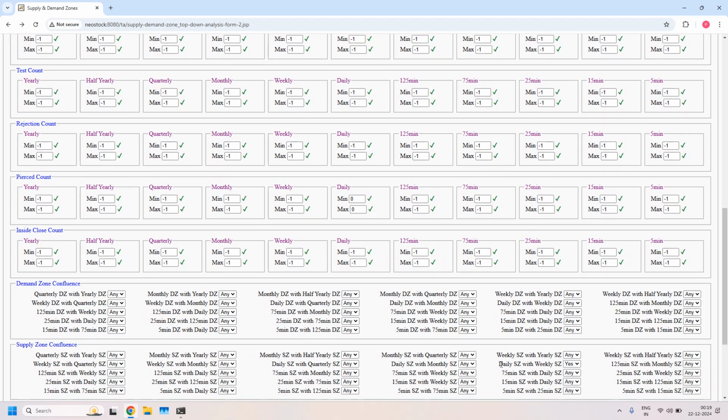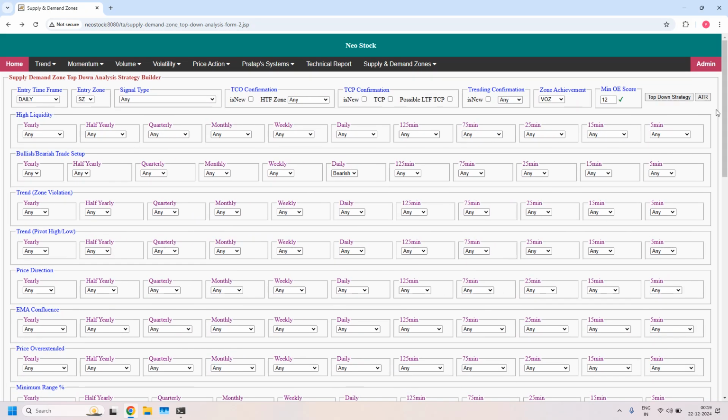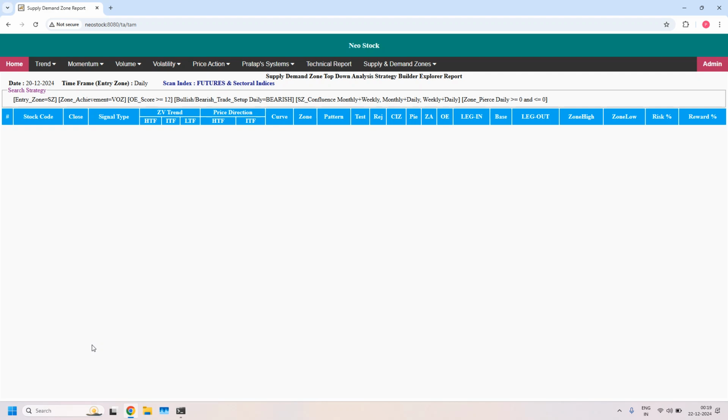The first filter is already enabled, daily with weekly. Next, daily supply zone with monthly supply zone confluence. Next, weekly supply zone with monthly supply zone confluence. With all the three filters, LTF, ITF, HTF supply zone, we didn't get that stock. But anyway, that is already a high probability trade setup based on LTF, ITF supply zone confluence and EMA confluence, that is ITF EMA confluence, weekly EMA confluence. Okay, this is about the bearish trade setup for